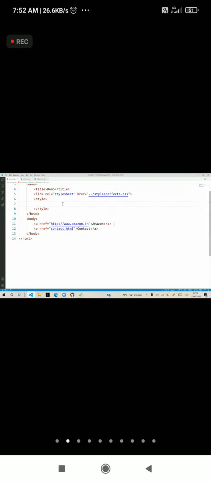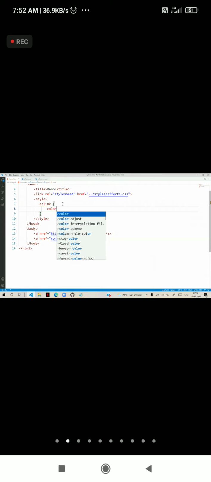Already we discussed that if I want to apply color for normal links, then we have to use a:link. For anchor normal links, I keep the color as some green. So you can see the normal link color will be green.